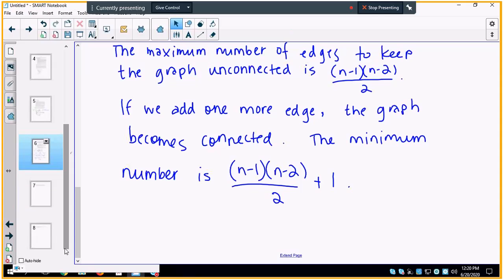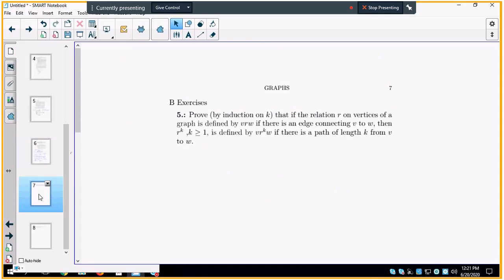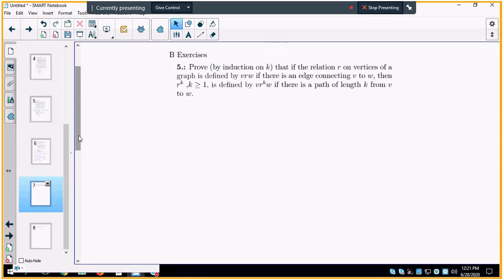Okay, let's see the next question. The next question is prove by induction. This was the thing we saw much earlier in the lecture note. Prove by induction that if the relation R on vertices of a graph is defined by V relates W if there is an edge connecting V to W, then R to the power K is defined by V R to the power K W if there's a path of length K from V to W. So we're going to say,